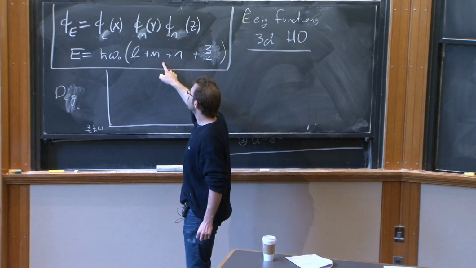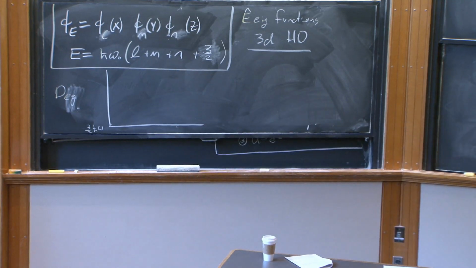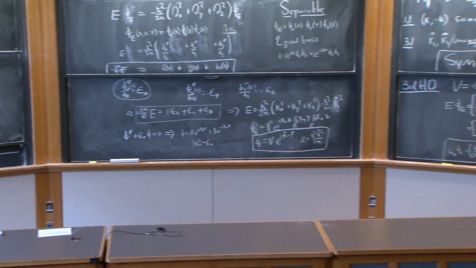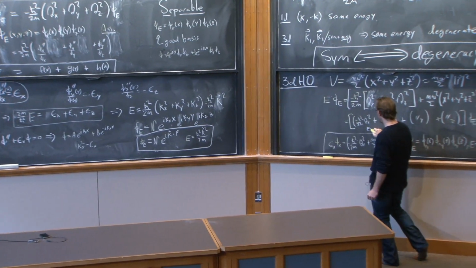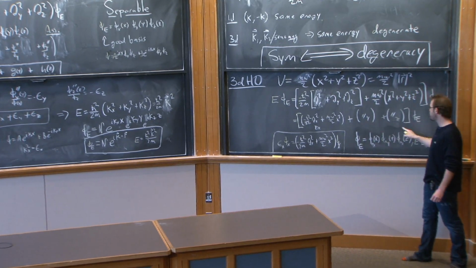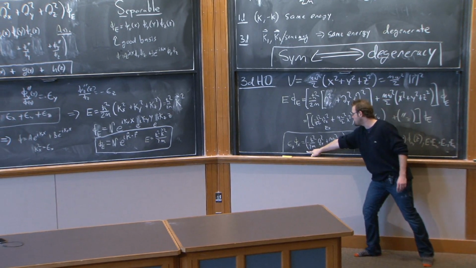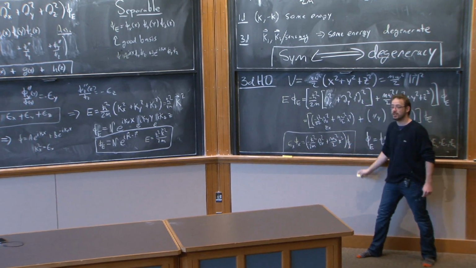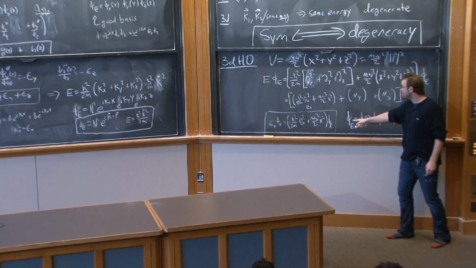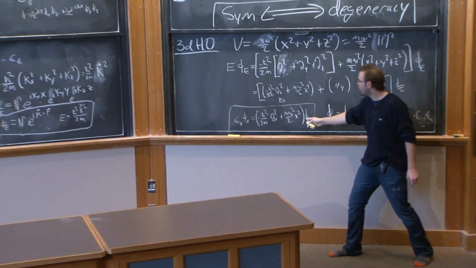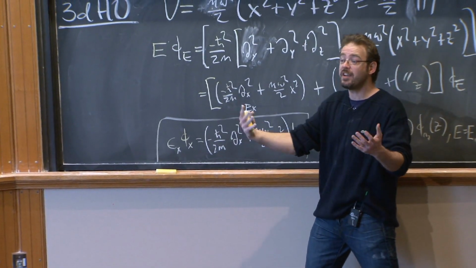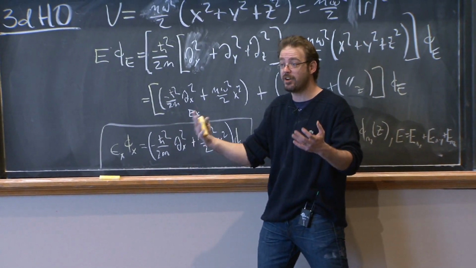Good. The way we arrived at this was we found that the energy operator acting on the 3D wave function is what I get by taking the energy operator in x and acting on the wave function, and the energy operator in y acting on the wave function, the energy operator in z acting on the wave function, where the energy operator for each of those is the 1D harmonic oscillator with the same frequency. Okay? And then I said, look, let the 3D wave function, since I know this is separable, and each separated part of the wave function satisfies the 1D harmonic oscillator equation, I know what the eigenfunctions of the 1D harmonic oscillator energy eigenvalue problem are.